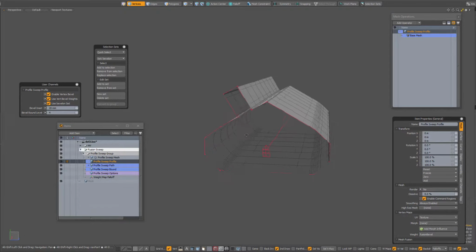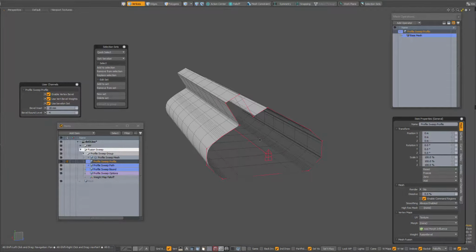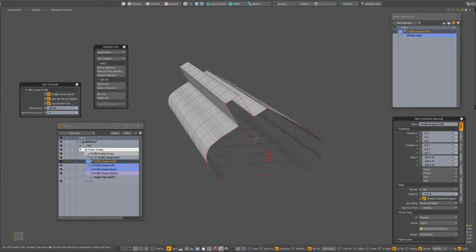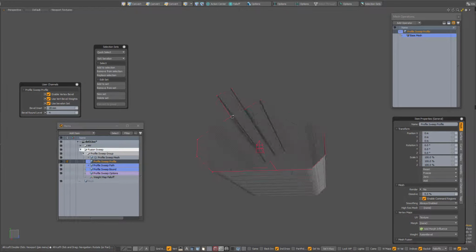So that way, with this procedural and with taking these points into account, you can create really interesting